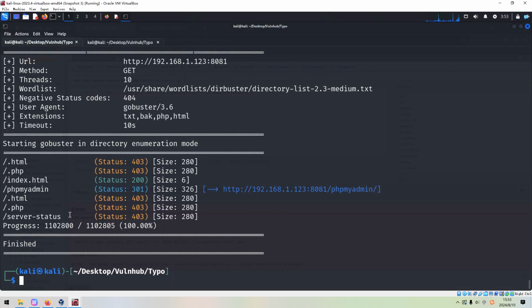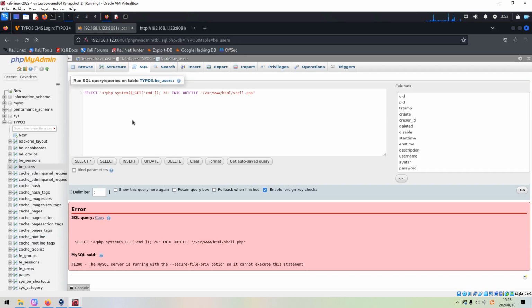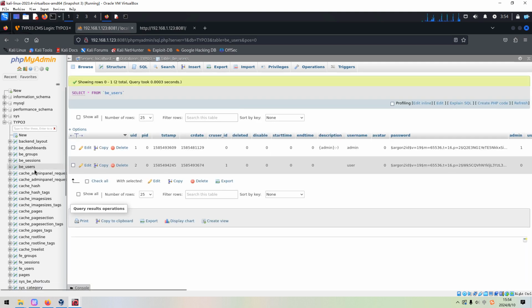Nothing else we can get from GoBuster. So the only possible attacking surface for us is phpMyAdmin. And just now we have already tried to write a web shell to the file, which failed. So next we need to go back to the users.